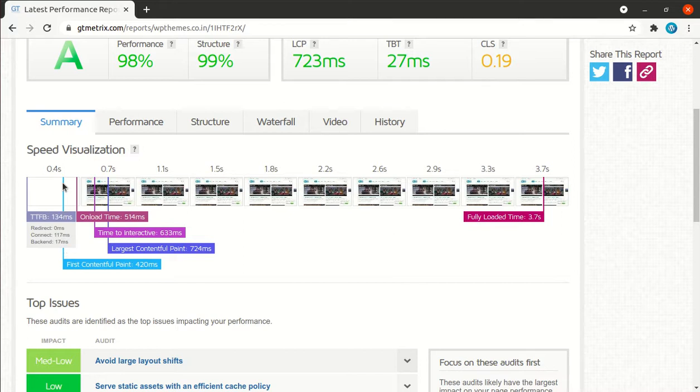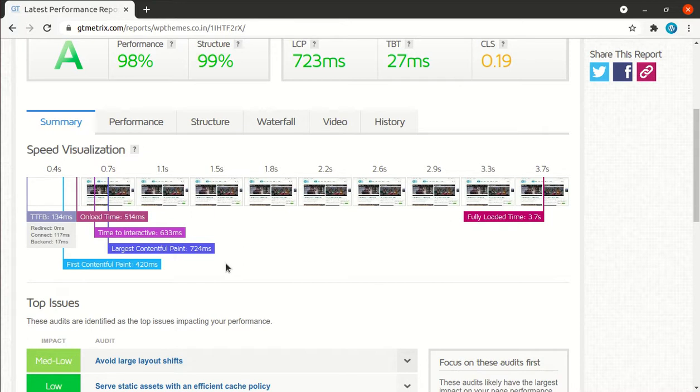The first byte is very important. On load time, you can see the largest contentful paint is just 724 milliseconds, and first contentful paint is just 420 milliseconds. So focus on these metrics.